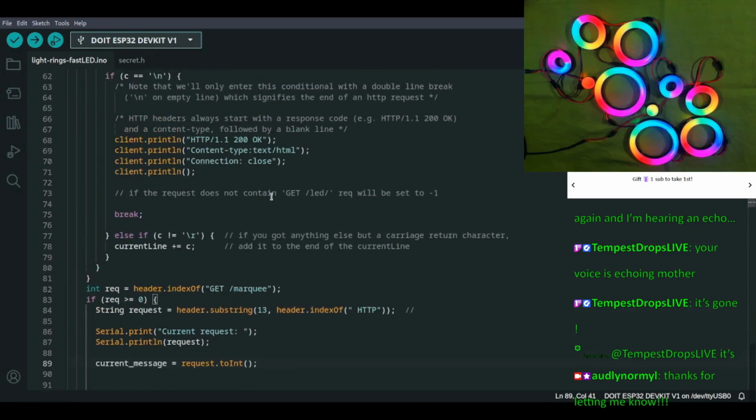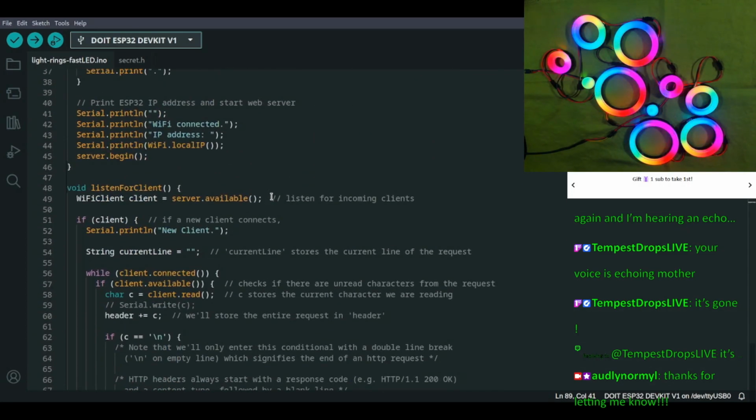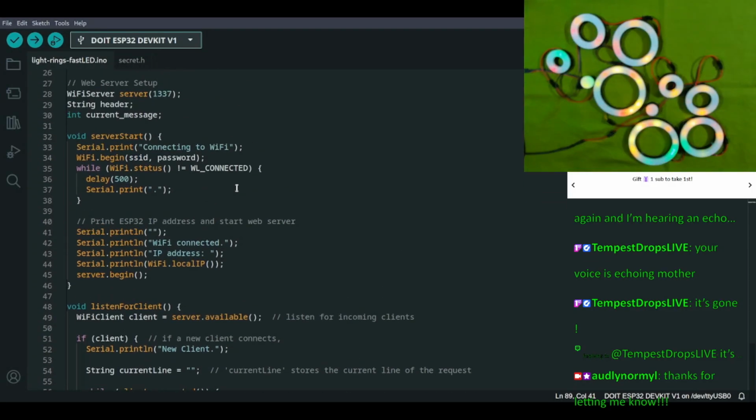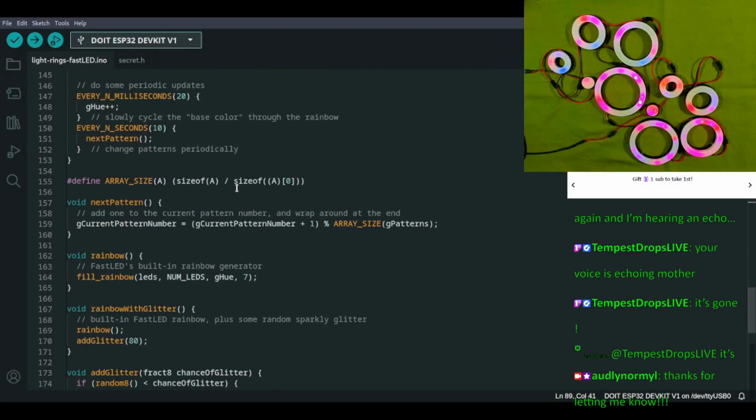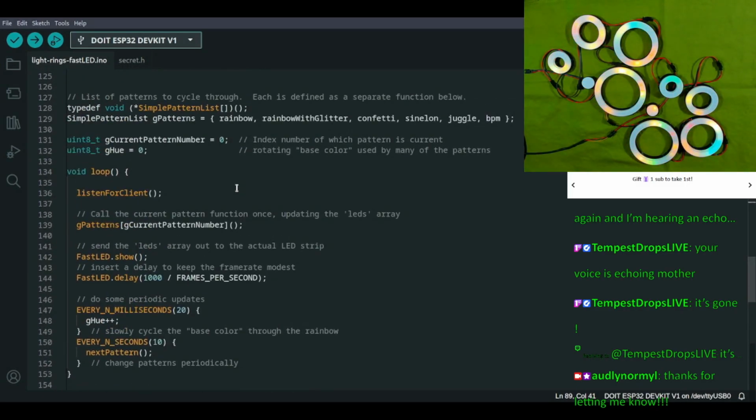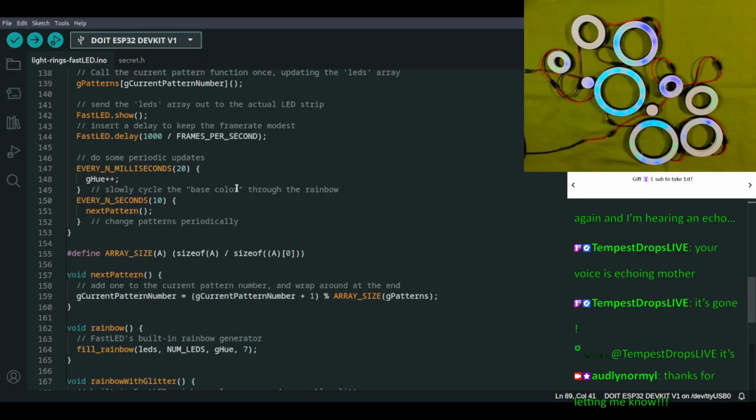And then we need to have it trigger some sort of light effect to start. And then we need to trigger some sort of change to that effect when a new request is received. So to do that, we want to start out by saying, which effect do you want to be our default, I guess would be the question.